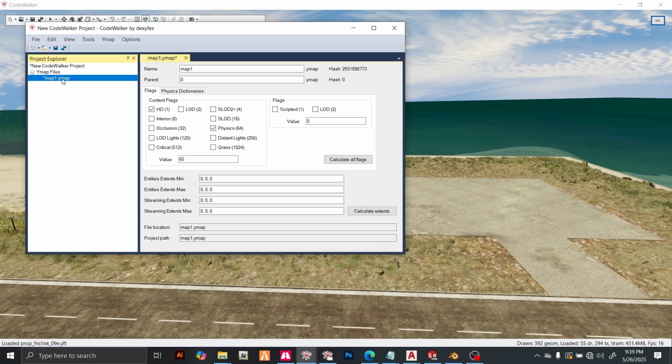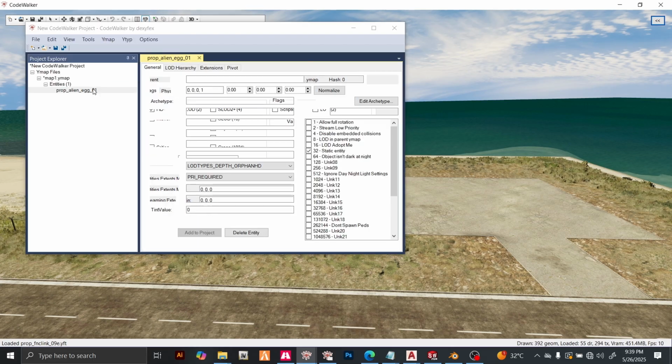We are going to need a Y map file, a YDR file, a Y2IP file, and a manifest file. Then, we ought to add a collision file, but I'm just not adding that for now. So let me just go on the map 1, so I can come down to Y map, then new entity. So on the new entity,